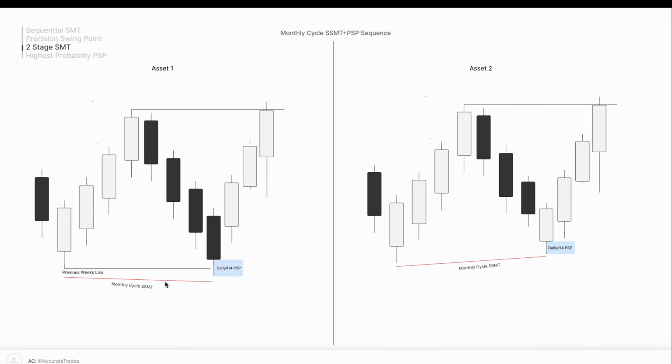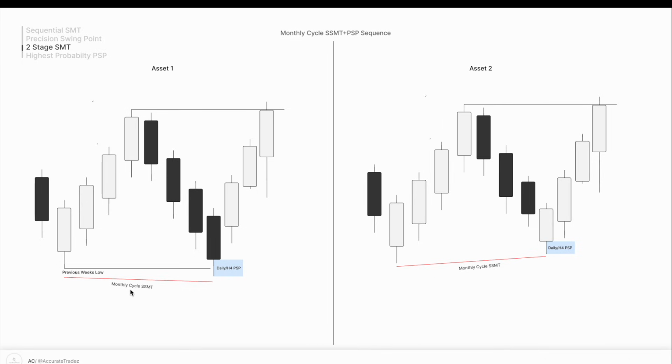But then to confirm this, what you can do is use a daily or a 4-hour PSP. So you see how after we have made this sequential SMT, this asset right here makes a bullish close on this swing formation, while this asset here makes a bearish close. So this is a two-stage now, and this low here